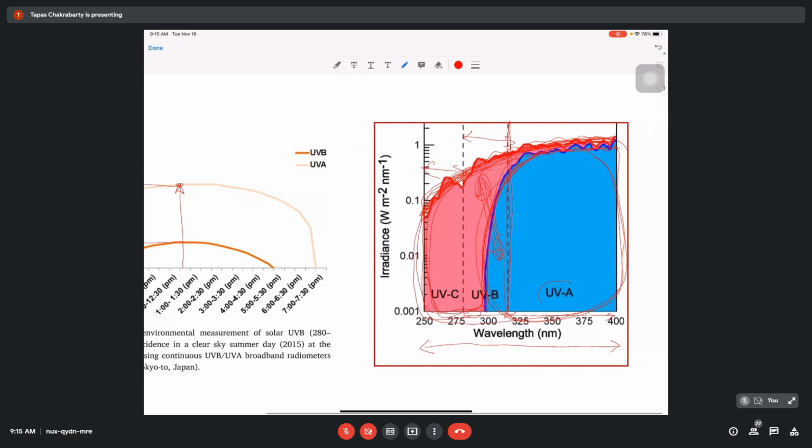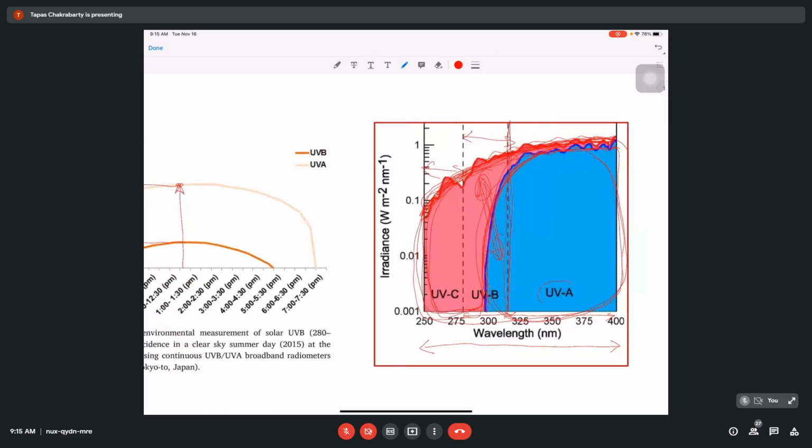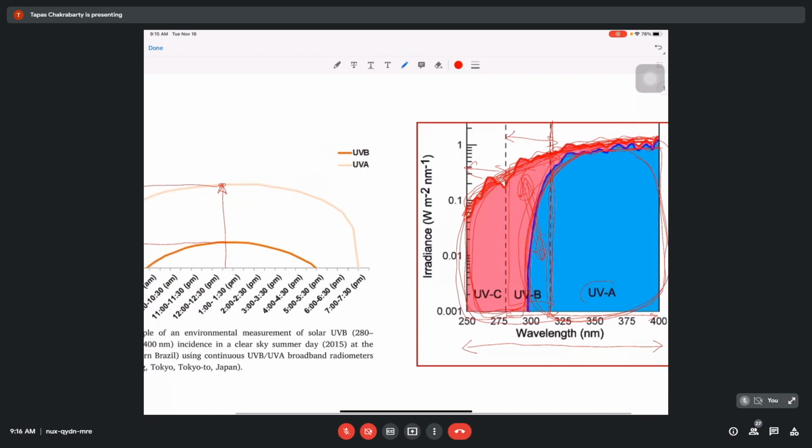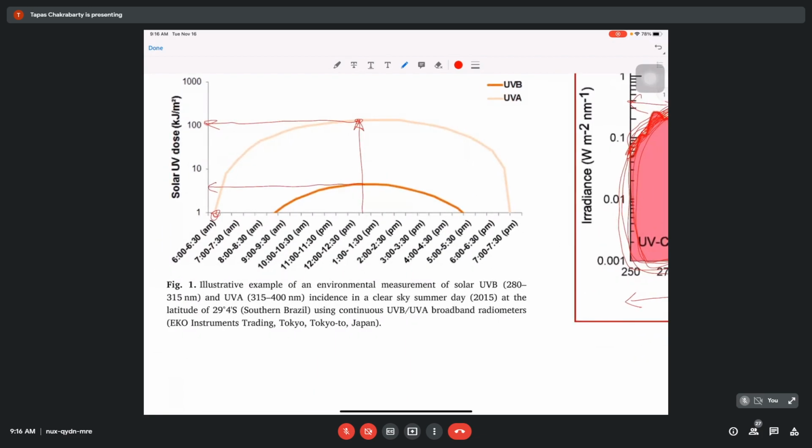Then what I wanted to tell you using this figure is that suppose this part is available, this part of the UVB, you can see this region. Part of the blue and part of this red. And if you see this UVA, and try to measure the intensity distribution with the time of the day, then this is one of the measurements that was done.